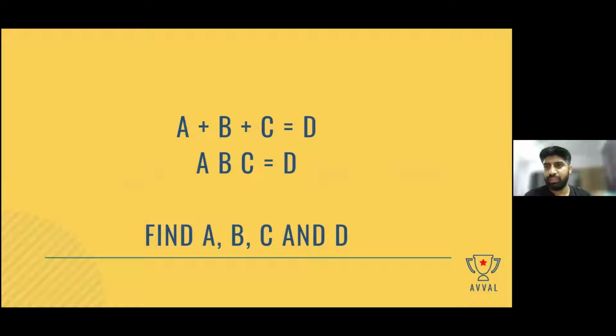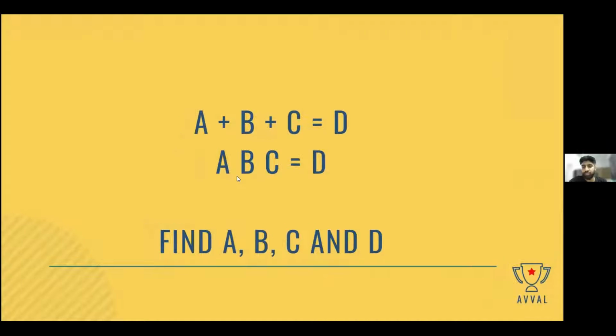A plus B plus C is equal to D, and A into B into C is D. So what's A, B, C, and D? And this is a simple one to begin with. All right, so the answer is yes. It's A equals 1, B equals 2, and C equals 3. And actually it can be in any order, it doesn't matter. B could be 1, A could be 2, and C could be 3 as well, because the solution would still satisfy the two conditions that we've given. So one of the numbers is 1, the other number is 2, and the third number is 3.